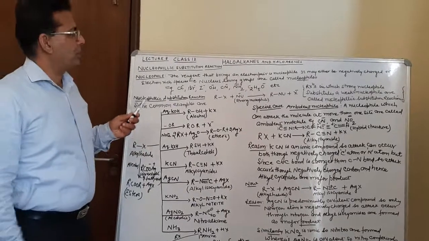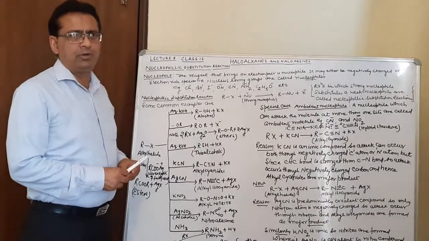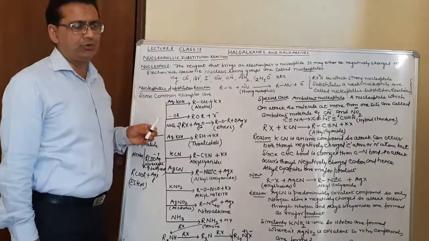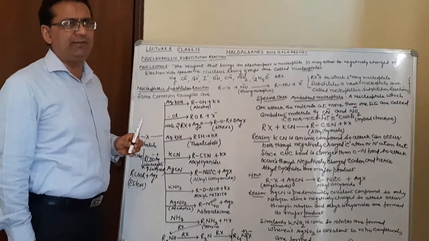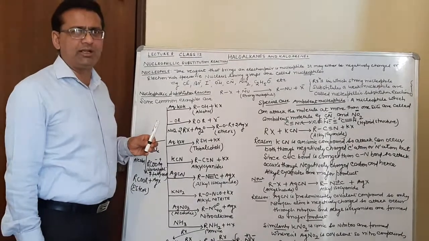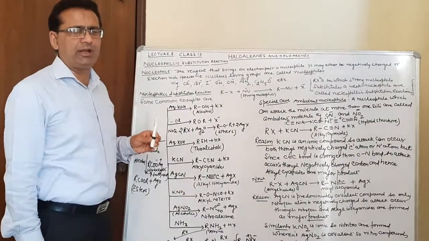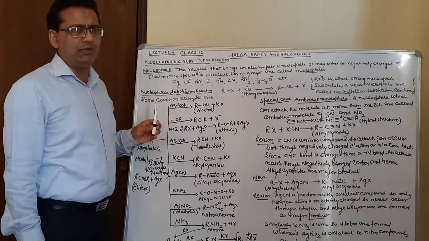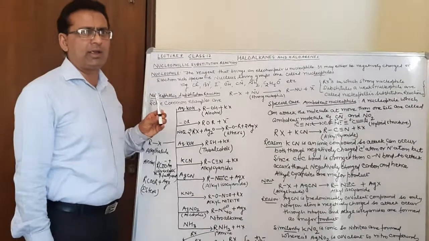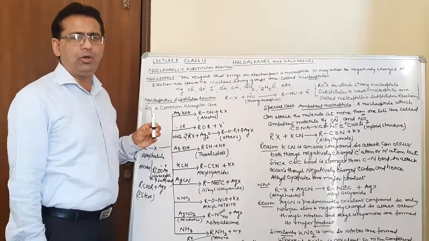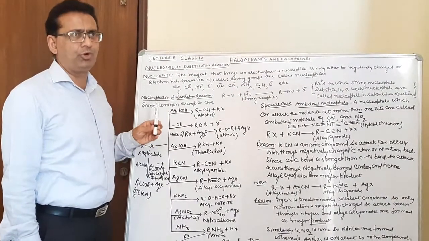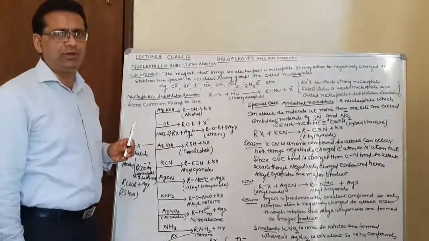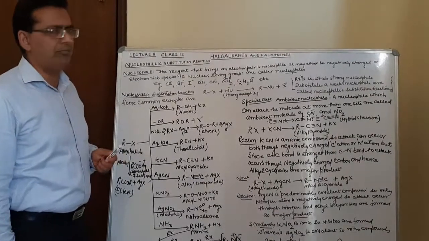Dear students, in our previous lecture on the chemical properties of haloalkanes and haloarenes, I told you that the reactivity order is: alkyl iodides are more reactive than alkyl bromides, which are more reactive than alkyl chlorides and alkyl fluorides. We started with some of the common chemical properties of haloalkanes and haloarenes. Out of those, we discussed two properties last time: the reduction reaction and the reaction with metals.